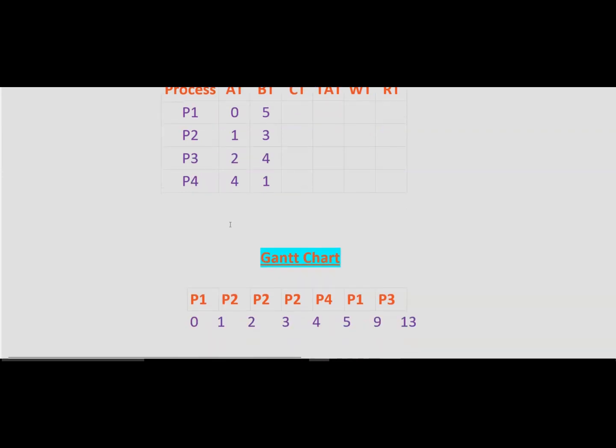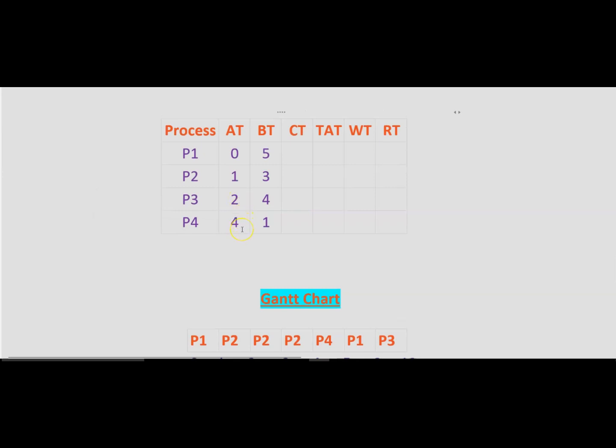Okay, so now first of all, let's compare the burst time. As you can see from the table, out of all the four processes, P4 is having the least burst time. But you can see through the table, the arrival time of P4 is 4 time intervals. So it means we cannot allocate the CPU to P4 process. So to whom are we going to allocate the CPU? It means we will allocate the CPU to that process which has arrived. So who has arrived at that particular time?